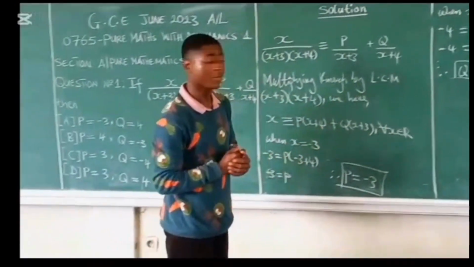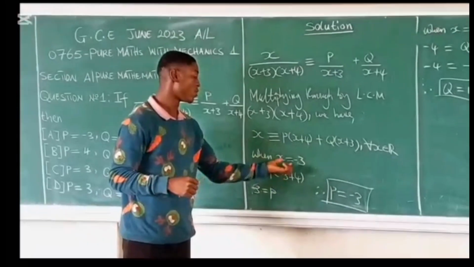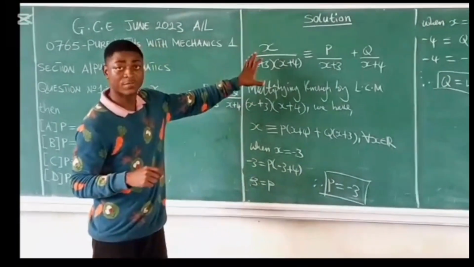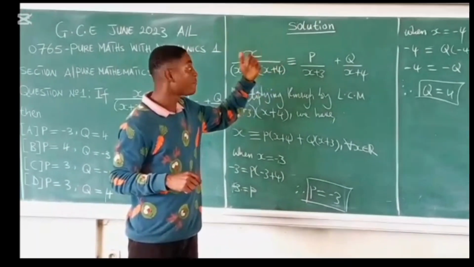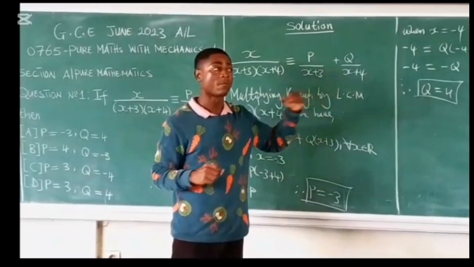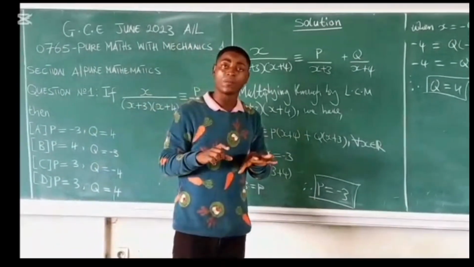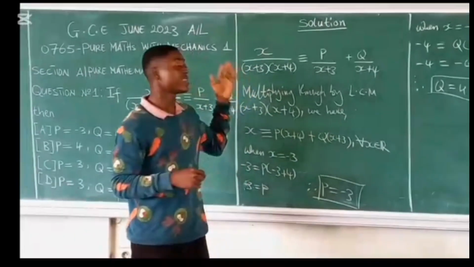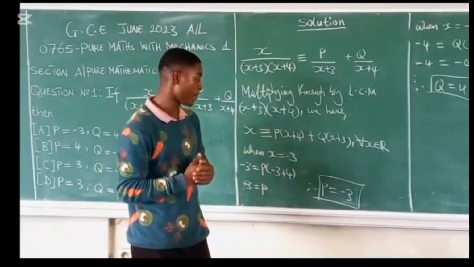Now I know many will be wondering why we moved from the identity sign to the equal sign. First things first, we have to know that this is an identity, and this simply is telling us that every fraction is identical to its partial fraction. And what does this mean the other way? That for any choice of value of the variable, this equation is always satisfied and both sides are meaningful. So that's it.